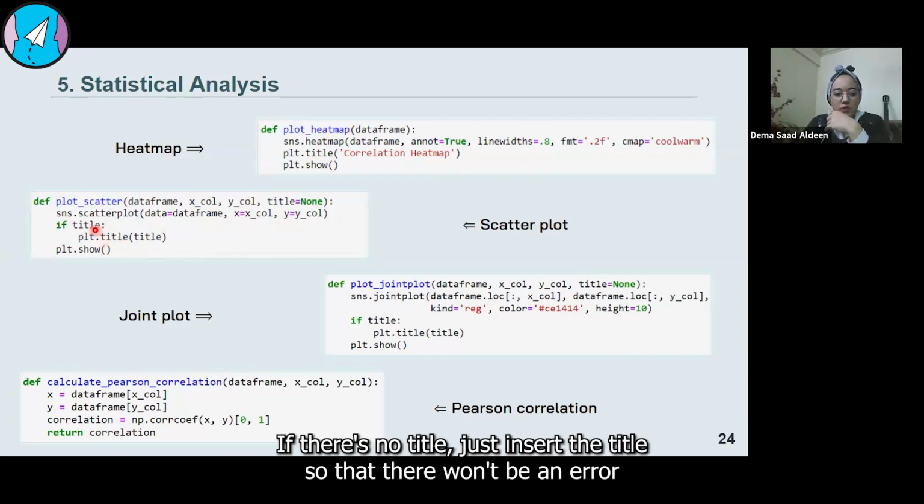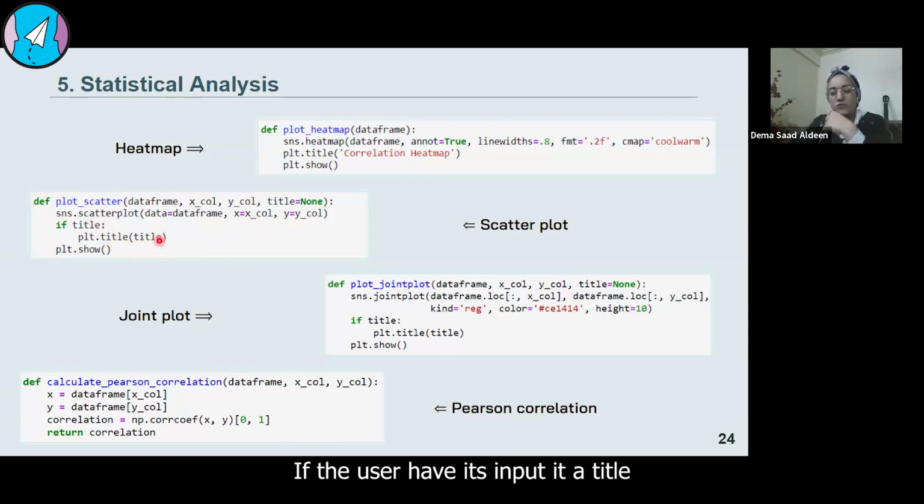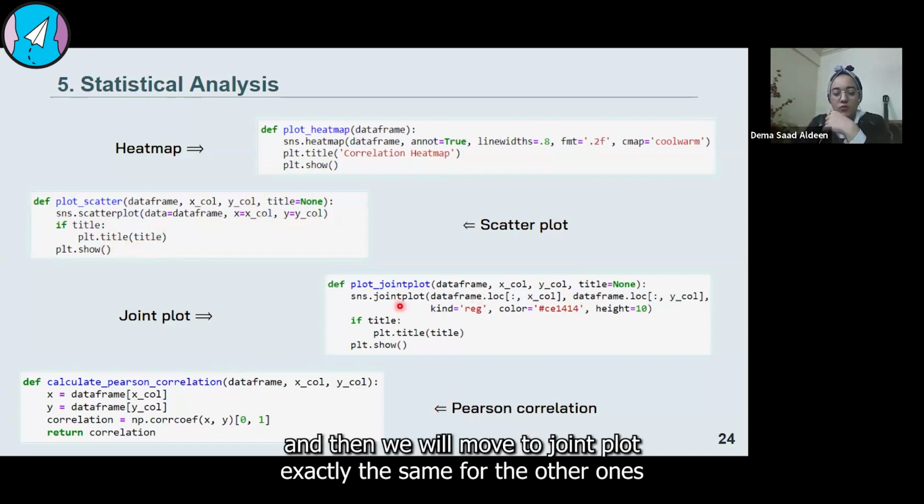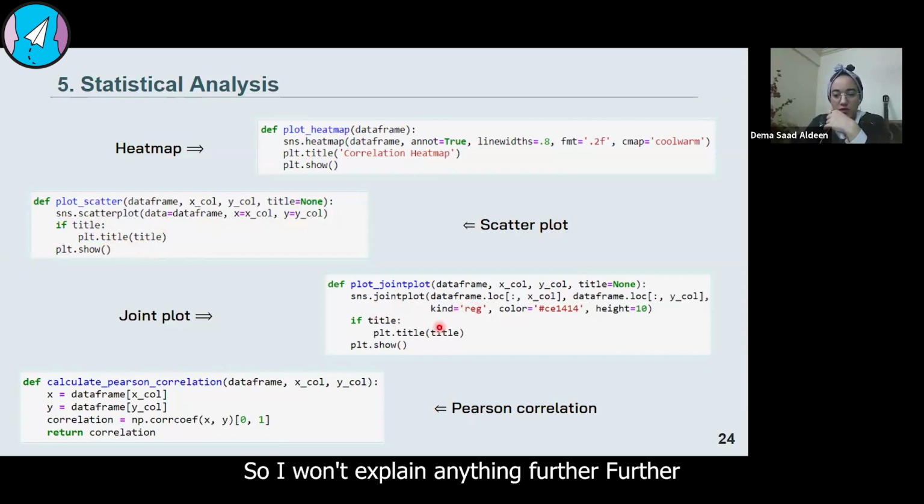If there's no title, just insert a default title so that there won't be an error if the user hasn't inputted a title. And then we'll move to joint plot, exactly the same as the other ones, so I won't explain anything further. And here